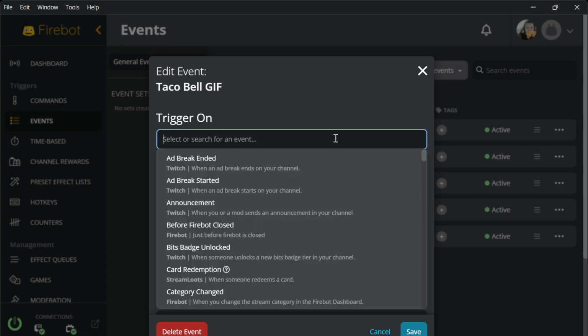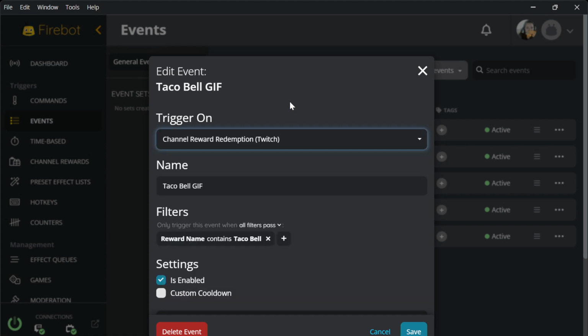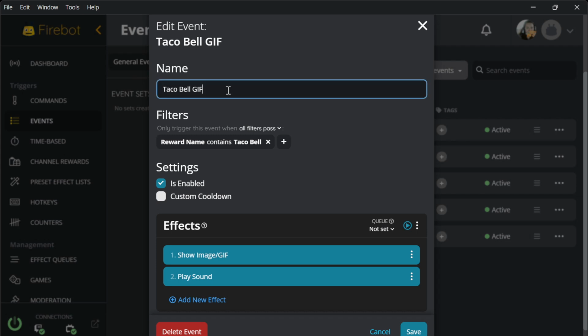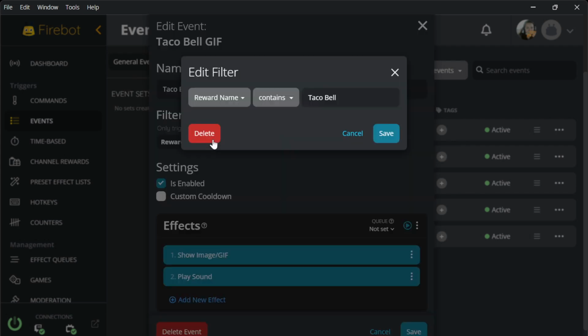So first you pick a trigger. There's a bunch of them that you can choose from. This one is called Channel Reward Redemption. This is where you can change the name. This filter is important because if you don't specify it here, it will do it for every single channel point